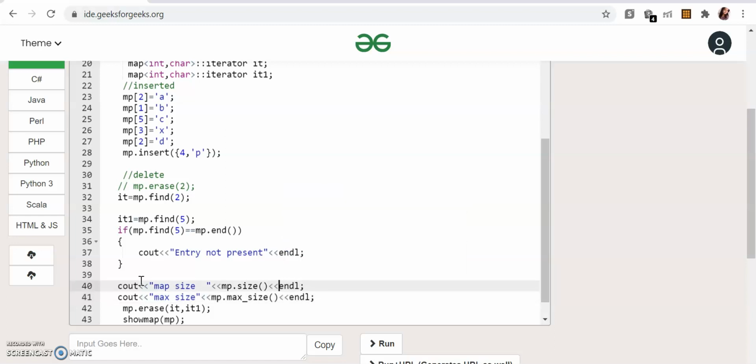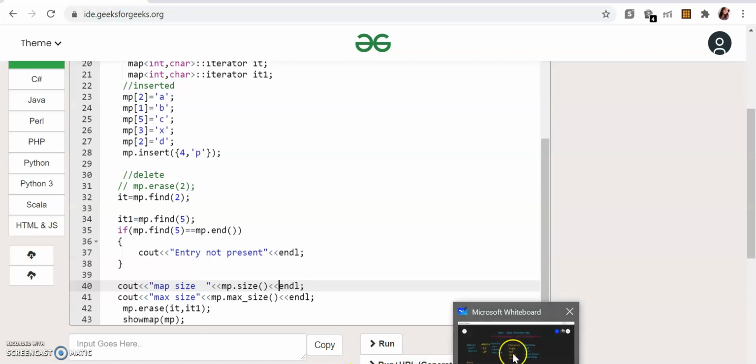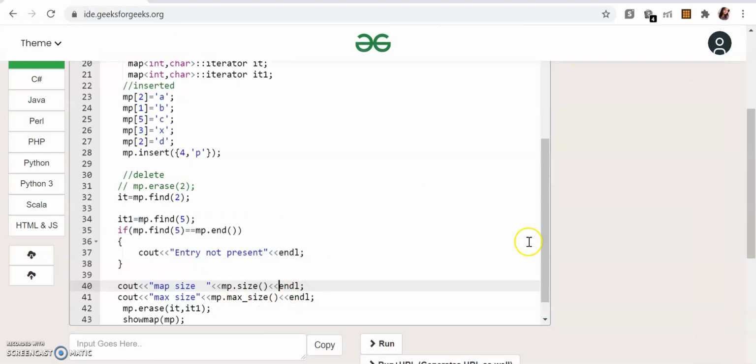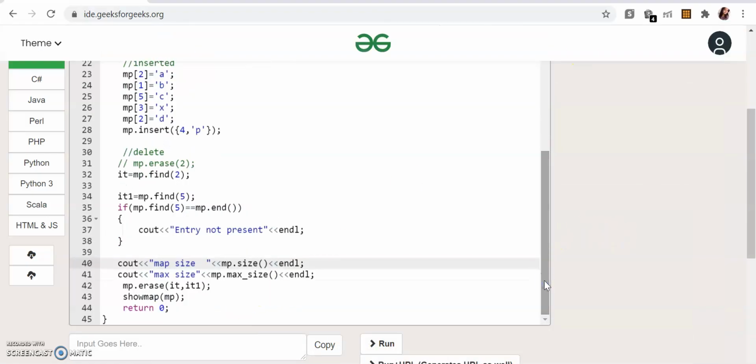So you have max size, you have size, and you have empty. Empty I'll not show you because I've already shown it in a lot of videos. Let's print that and see what comes up.